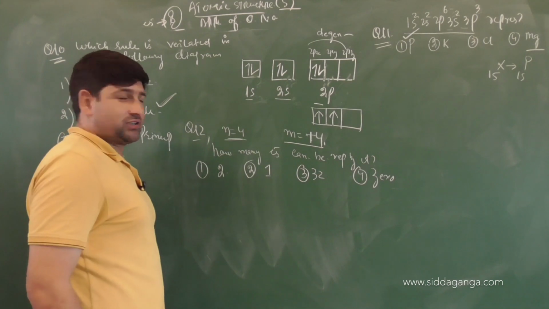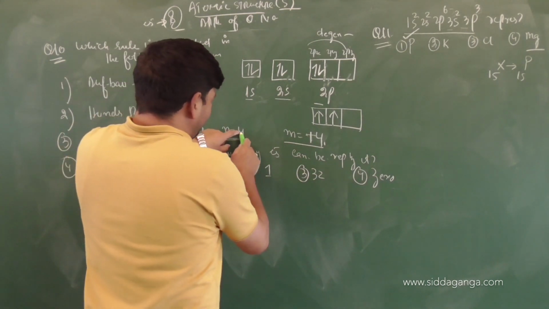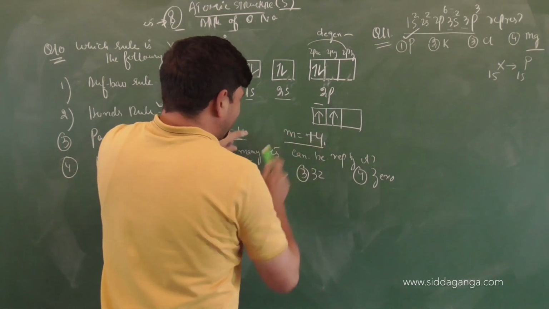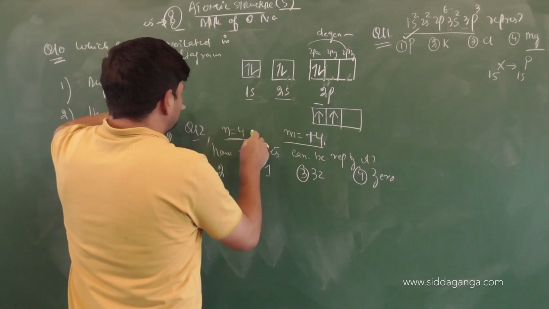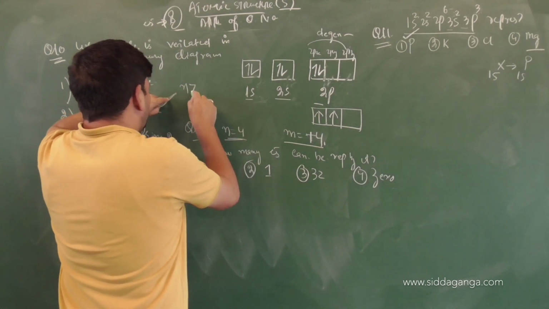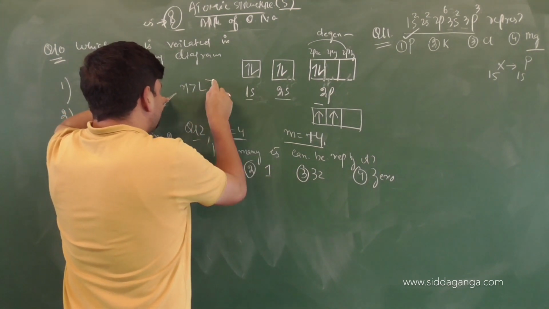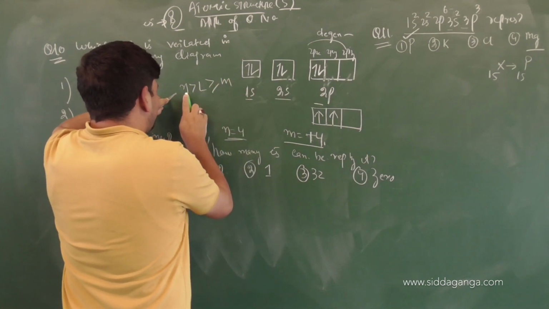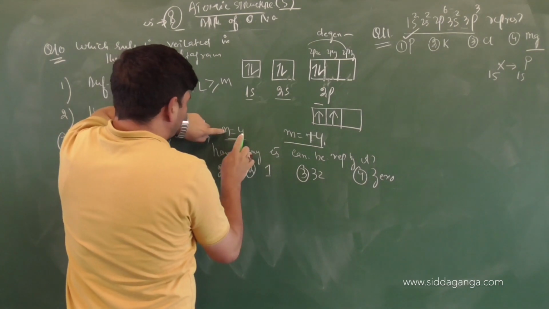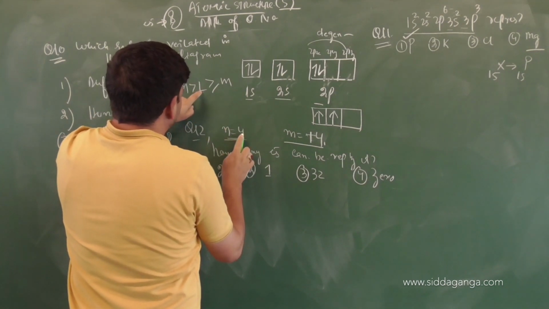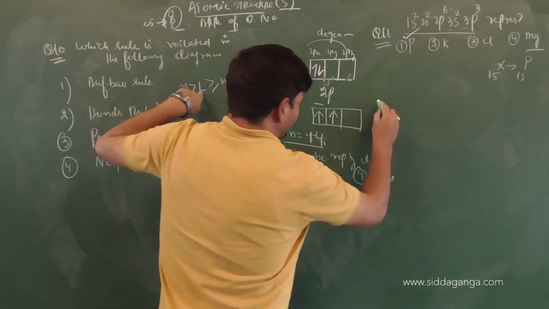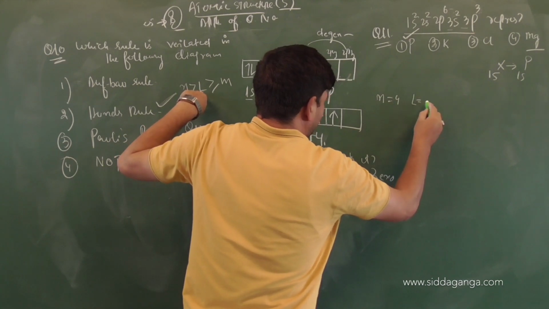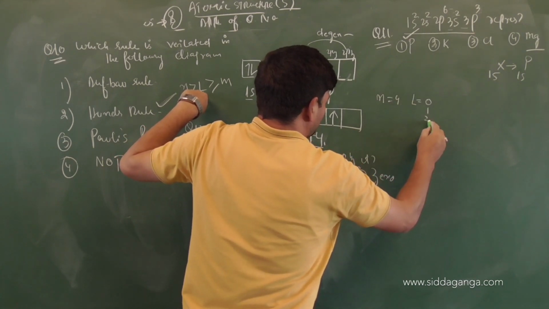So what is n value here, children? 4. Now n value is 4, m value is plus 4. The first thing you should check is whether this is applicable or not. So when n is 4, we know n is more than L, which is more than or equal to m. So L has to be less than n, correct or not? What is n value here? 4. So the maximum value of L is 3. Are you getting it or not? So when n value is 4, the maximum value of L can be 0, 1, 2, 3.